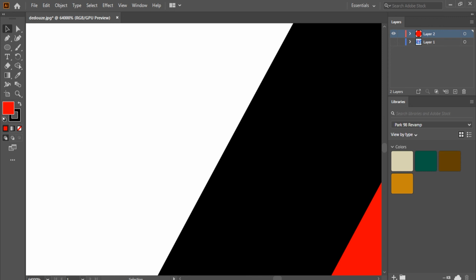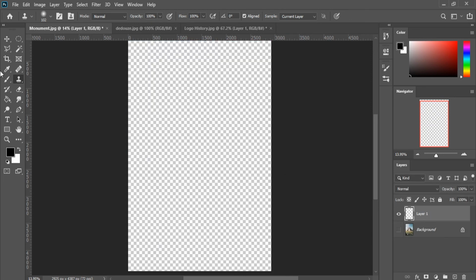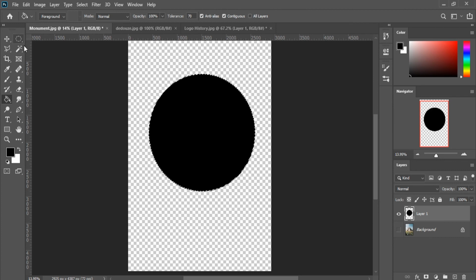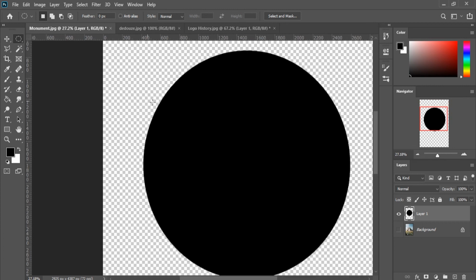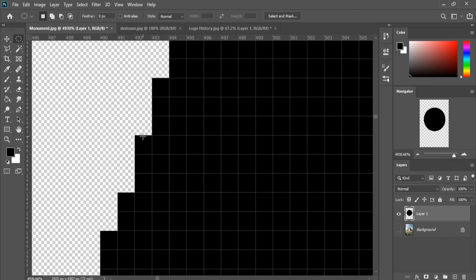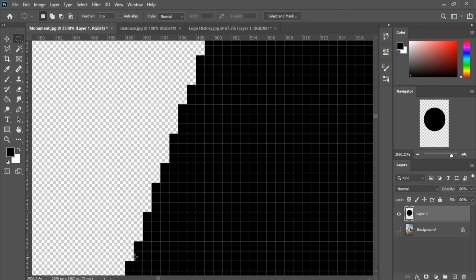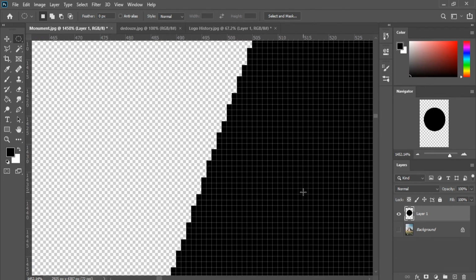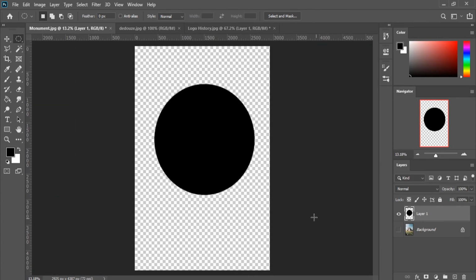This line is still perfectly linear, or rather perfectly elliptical. Now, if I hop back into Photoshop, back to our monument, if I hide this and draw a circle, and we'll actually do this with no anti-aliasing, and fill it. You can see that from out here it looks all fine and dandy and smooth, but as we zoom in more and more, we start to see the pixels, and then you can see the big problem with raster images is that you get this blocky edge. It's not a perfectly smooth edge. From a distance, it gives the illusion of being circular,